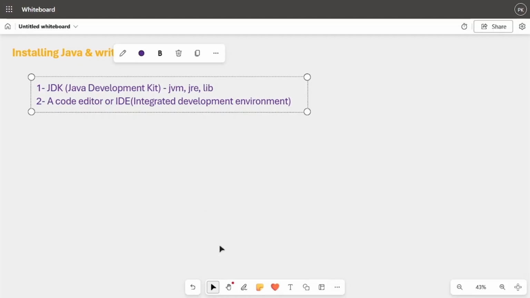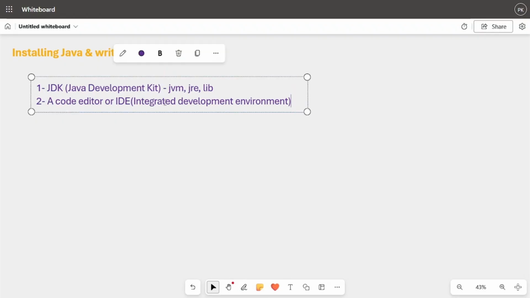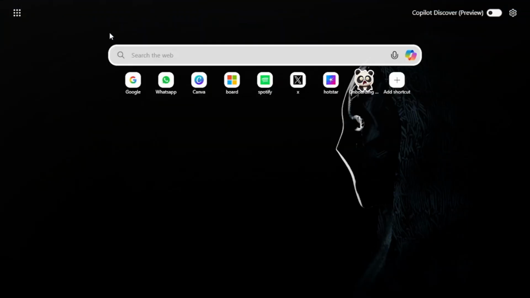Code editor, we can also write Java program in a notepad, but for our convenience, for a better clarity, we will use a code editor. For this video, we are going to use the Visual Studio Code Editor. Let me write it here. That is VS Code. Okay, so let's move on to our browser,